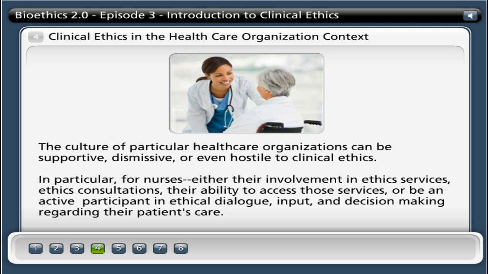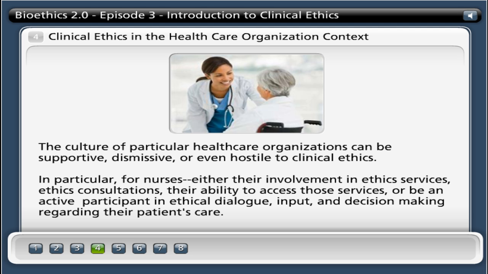Nurses need to have the courage to stand up for themselves and their patients when these kind of situations arise and advocate for their inclusion as a moral agent in the care of the patient for helping to resolve ethical dilemmas involving patient care. I also tell my nursing students that if they're interviewing for particular jobs and they can